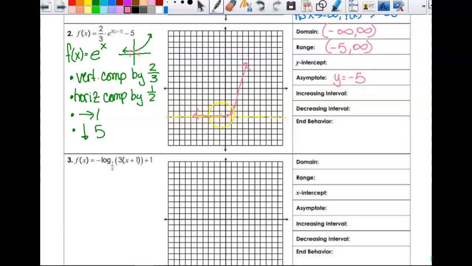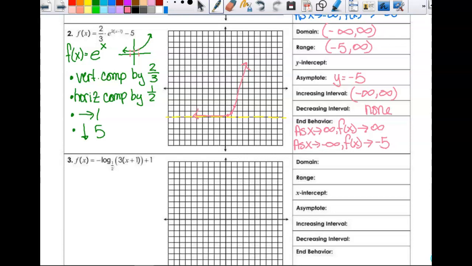As x increases, y also increases, so it's increasing the whole time between -infinity and infinity, which means it's not decreasing. Then as x approaches infinity, f of x approaches infinity. And as x approaches -infinity, f of x approaches -5. So I still have to go find